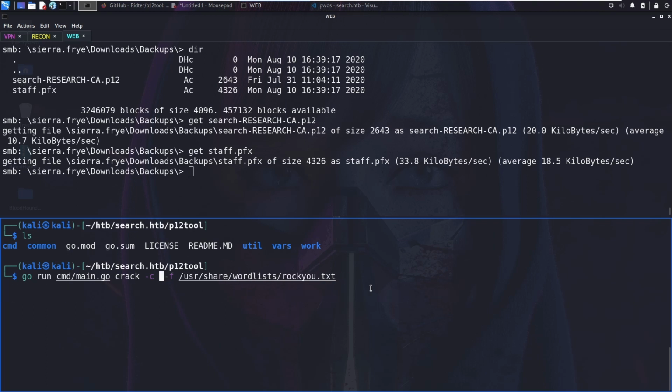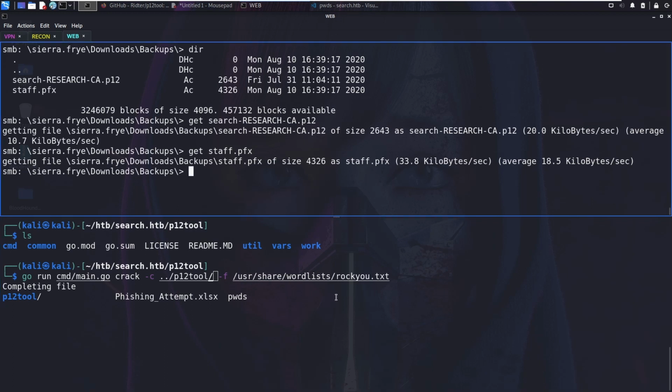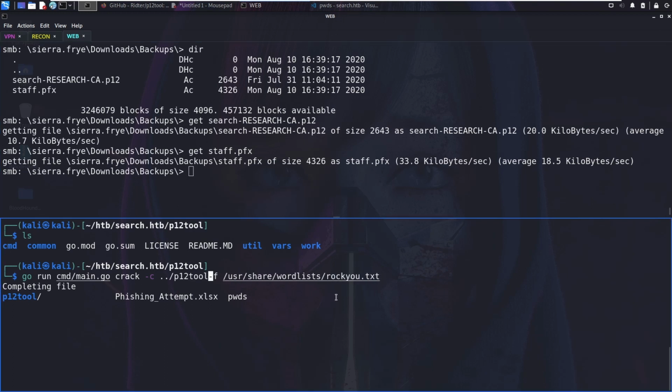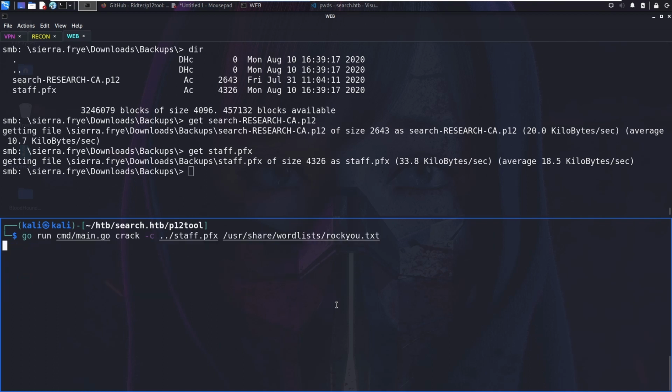Oh, we're in the wrong directory, that's why. P12. Cool. Nope, that's not what I wanted. .p12. Cool. What is it called? Staff.pfx. Okay, cool. I remember it's actually not called that. It's called staff.pfx. That's what we're after. Cool. So,